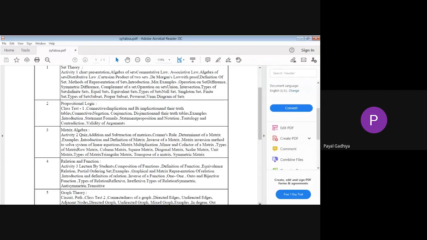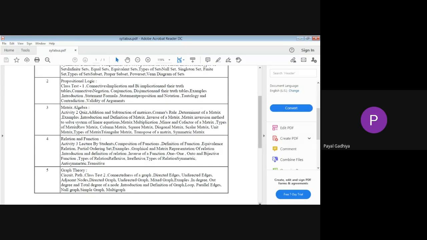And why are we learning mathematics and matrices? Because it will be helpful in your computer science too, because your course is about computers. This mathematics, logic and arrangement will definitely be useful in computer science. That's the reason we are learning this mathematical subject, and it is very important. It will improve your logical capabilities and how to think. Whenever you are doing anything in computer science, you have to think to make a code or a program, and definitely mathematics will help you.